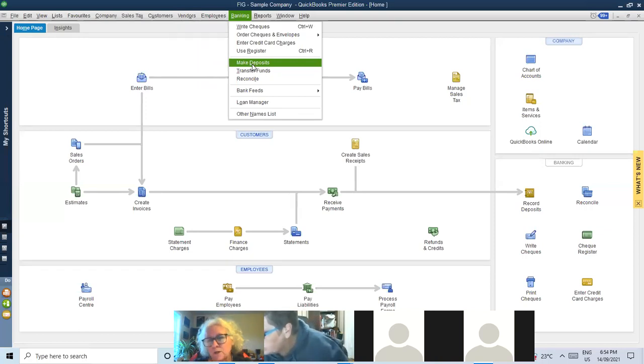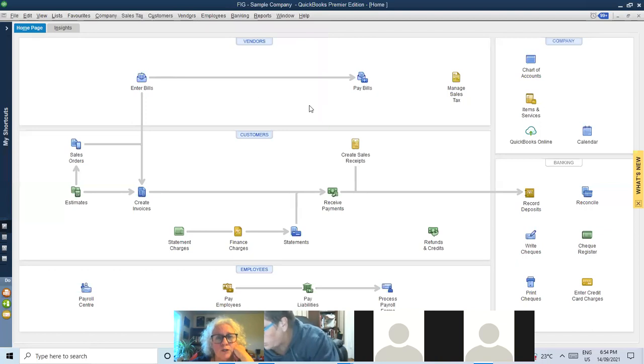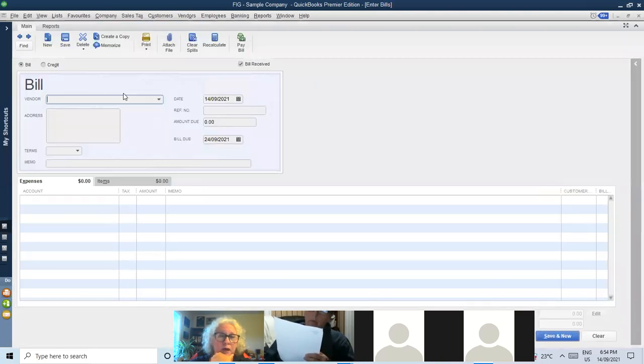So for a corporation, accrued accounting is based on a date, by the way. It's not when you receive payment, it's not when you pay a bill. Accrued accounting is when you've posted it as a date. So we want to be able to track our payables. Payables is all your supplier invoices. It's who you owe money. So when we come in to enter bills, we're going to come in here, and the vendor